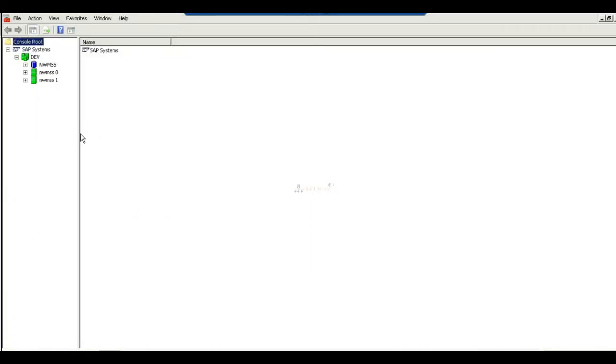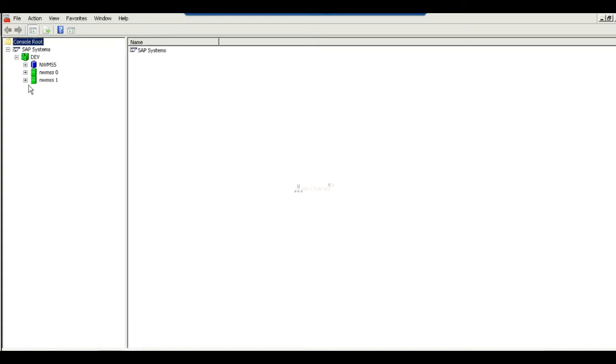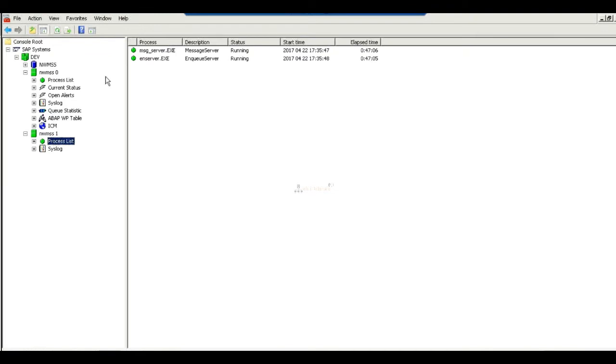So this is my MMC. Expand this, instances. See here, message service and NQ service. What is one? One is nothing but 0, 1. So on the left side, 0, there is no value, right? No. So that's why it is displaying only a single number. Okay, 0, 1, where I have given 0, 1 at the time of installation. The 0, 1 is taken for the central services instance.